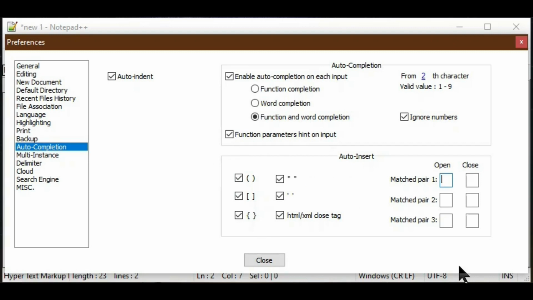Also, auto insert has three user defined options that they provided. You can create any user defined. Suppose I am putting some open bracket here and a close bracket like that, then whenever you open this less than symbol, it will close the greater than symbol. But anyway, it is not at all required now for HTML coding. So this is for explaining purposes, I put it in this one. So now my saving and settings, everything is over. Then I close it, it will automatically save the settings for auto completion.